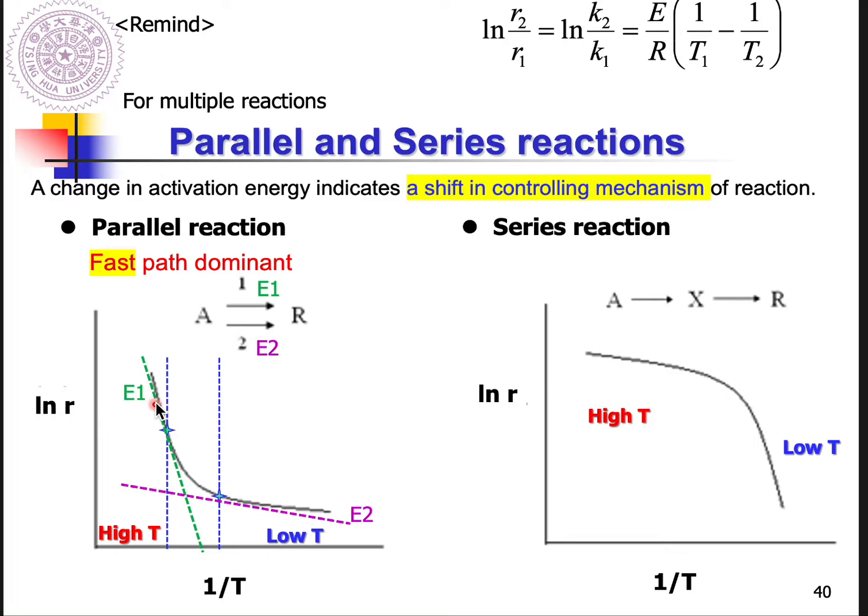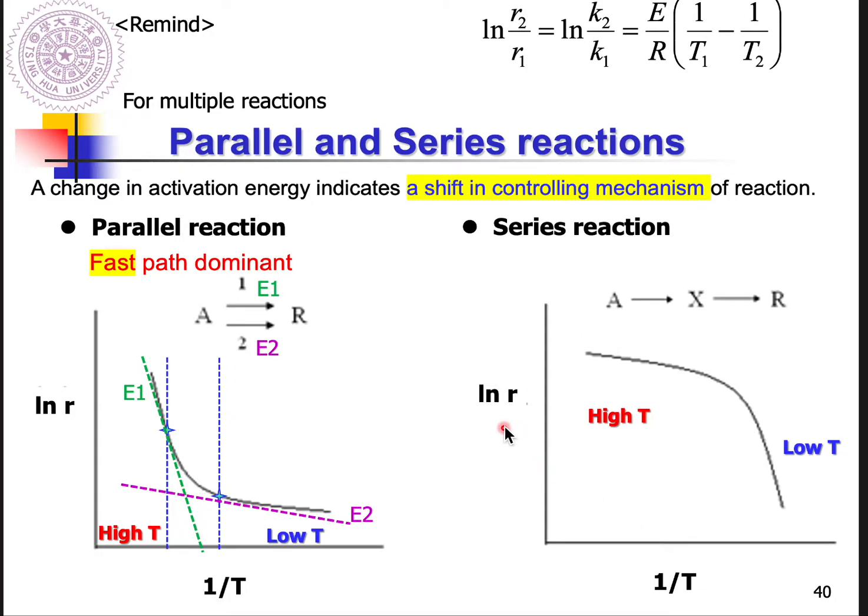So based on the previous class, as long as you know you have reaction 1 and reaction 2, and they belong to parallel reactions, then based on a series of designed experiments, you can get K1 and K2 for reaction 1 and reaction 2 respectively. And here we are going to tell you